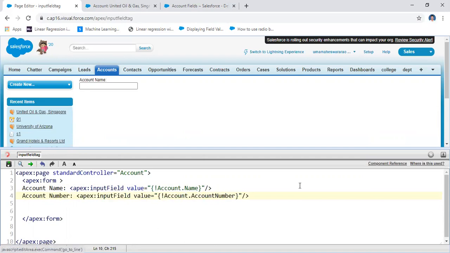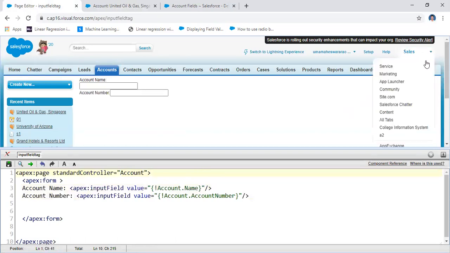If you click on save, I got the second field value. In this way you will use the input field value. This is a standard object, and from the standard object I got this account information.